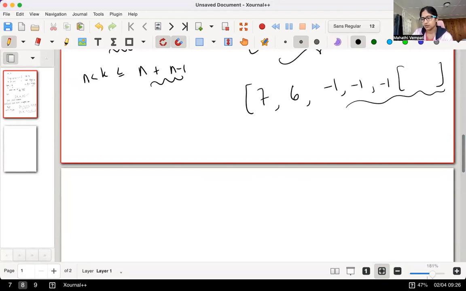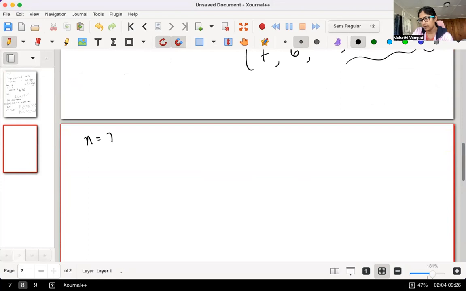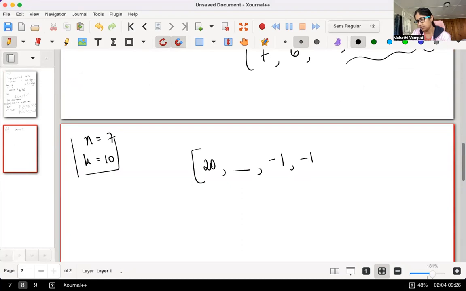So for instance, if n equals 7 and say k equals 10, okay? So let's say I start with 20, then I know I need to put something here. I'm putting -1, -1. It's 1, and I need to be putting some negative numbers here. I don't know what those are. Okay. So for instance, if I put 10 here,